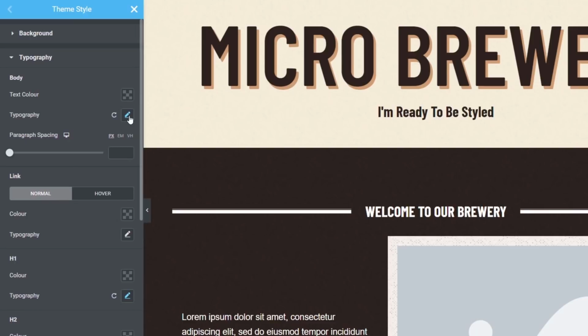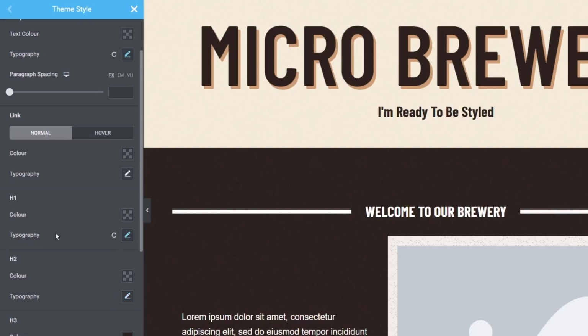So typography, again, we've got all the controls inside there for the typography for our normal body text. The same kind of thing goes for the links. We can set the normal link color and the hover link color, so you can style that globally and also on a widget level. But what I'm interested in is showing you how these headings will control the actual layout of the content. Now, I've set up this microbrewery one that's already been styled, and that uses a combination of both the theme style and an individual widget style, and I'll show you what I mean as we style this